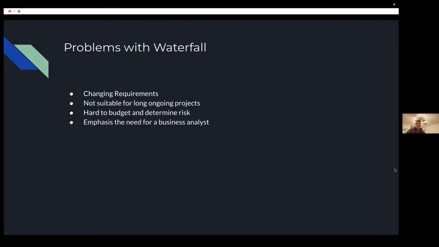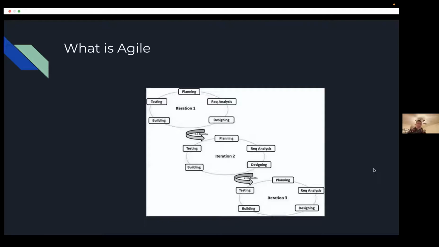And so what comes from this is Agile. And so Agile is essentially waterfall, but broken into many phases, called sprints. Sprints are usually 2 to 3 weeks. Sometimes they're 1 week. Usually you don't see more than 3 weeks, but it depends by company. And you gather requirements, you build, you test, and you build just a bit of functionality. You deliver it to your customer, and then you do it again.